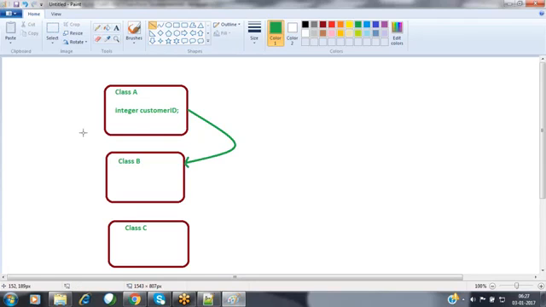Now, what are the members that are defined inside the class A? These class A members, this customer ID, can be accessible within the class A as well as from the class B also. How can we make it accessible? For that, we have to make this member protected. The customer ID member has to be defined as protected. Whenever you define class members as protected, these protected members can be accessible within the class as well as from the outside of the class also. Outside of the class means what?